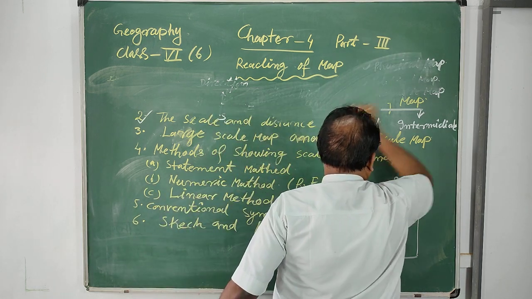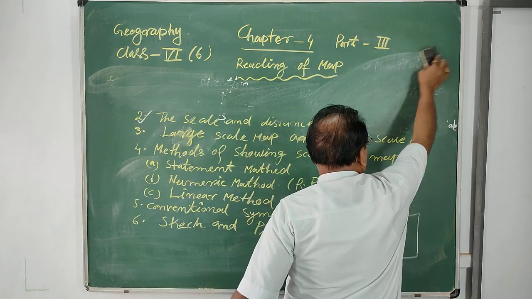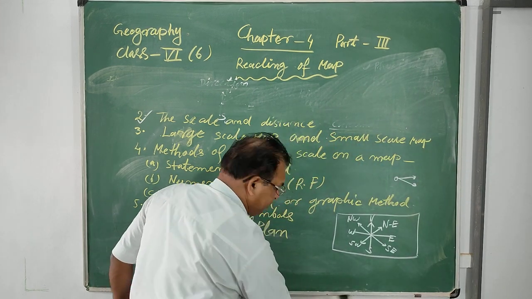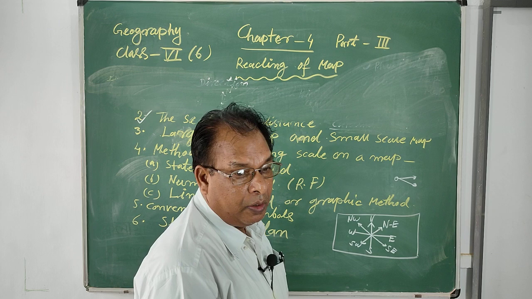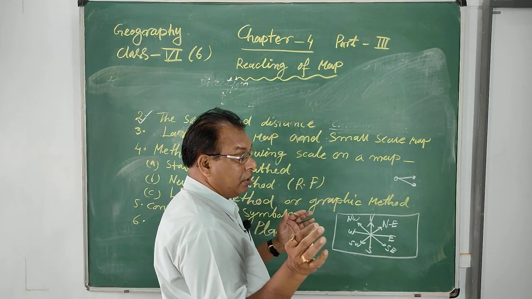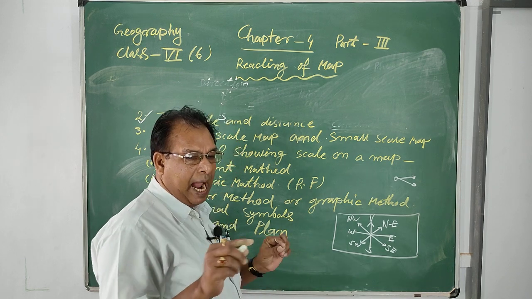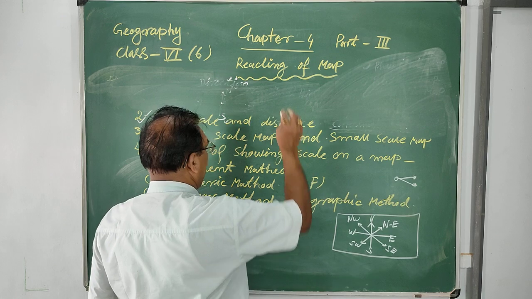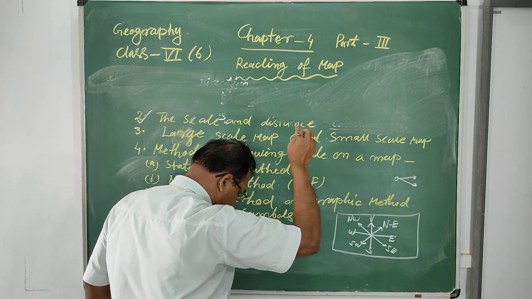What is the scale? Scale means a ratio of the distance between the map distance and the actual distance measured on the land. That means relation and